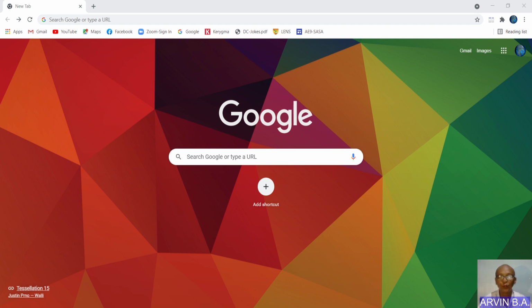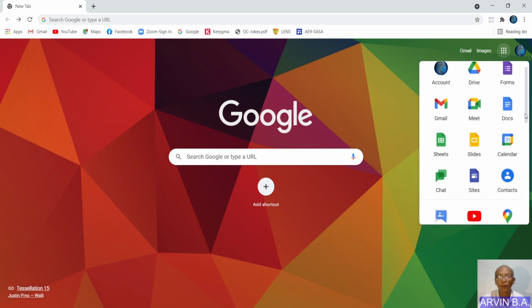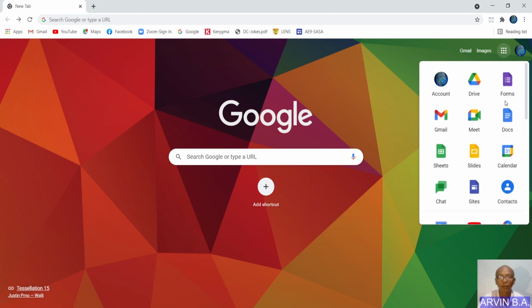Now, be sure that you are logged in with Google. So, assuming that we are logged in, the first thing that we're going to do in order for us to open Google Sheets is to click the Google Apps button on the right portion of your Google Chrome. Click this one, and then these are the different applications of Google Workspace. So we will click Sheets here,